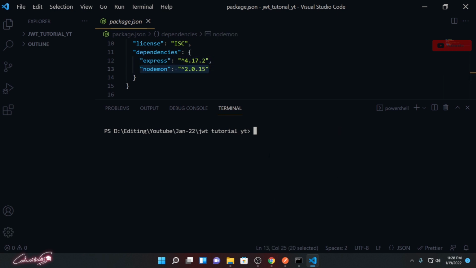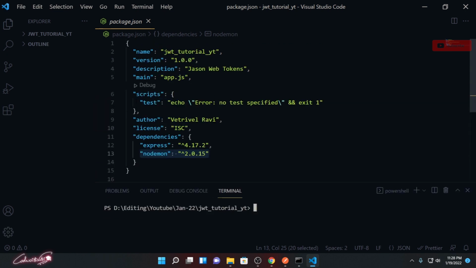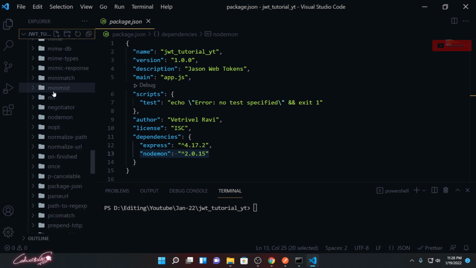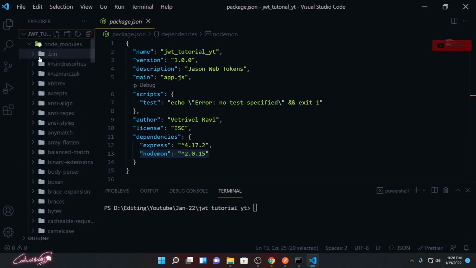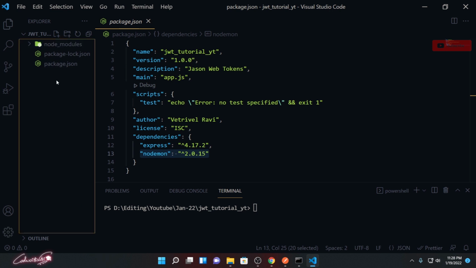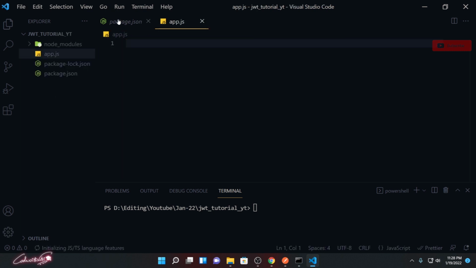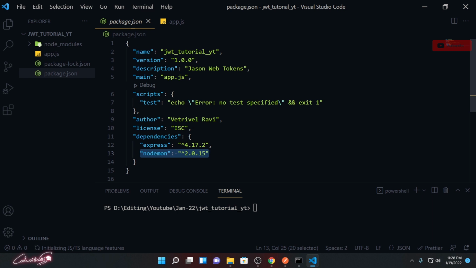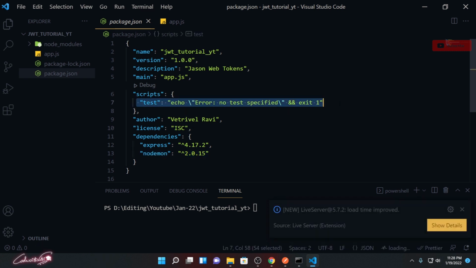Okay, clear the screen, and now we need to create a new file in my root directory called app.js, because that is going to be our entry point. Now our app.js is created.